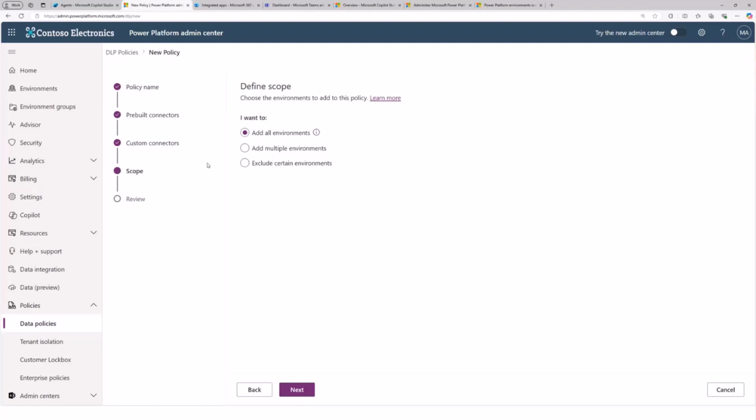And then finally, you can say this policy that you are creating, where does it apply? As a global admin, as a Power Platform admin, you can create one that applies to all the environments, and that will be enforced basically. But if you are an environment admin, you can also create a policy that is applicable only for that specific environment, right? So you have the option to apply that policy for all environments, or you can select particular environments, right? So you can add multiple environments, or you can say, hey, it applies to all except for certain environments. So that's an exclusion policy that you can create as well.